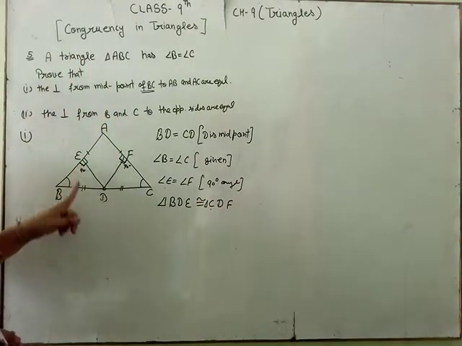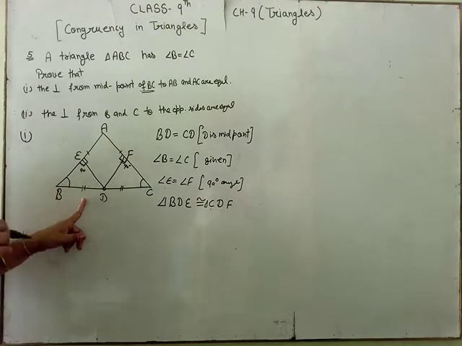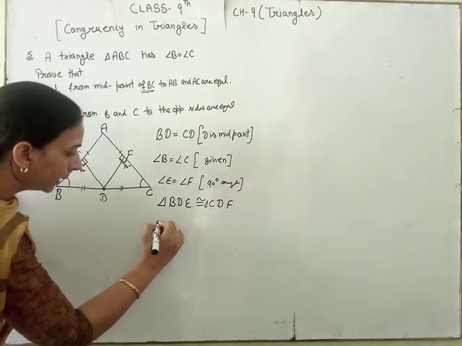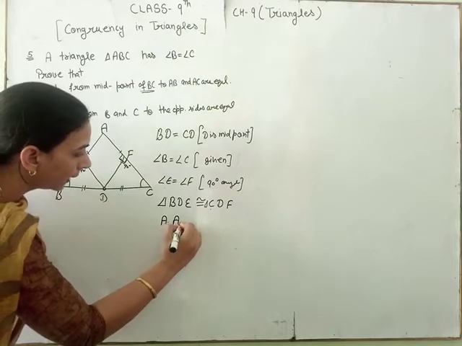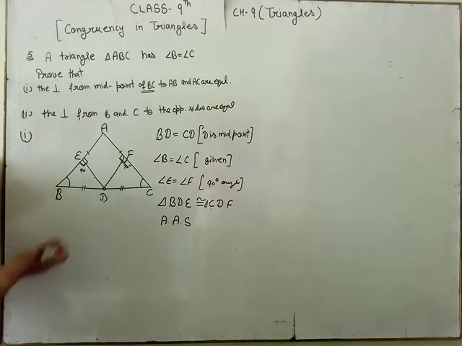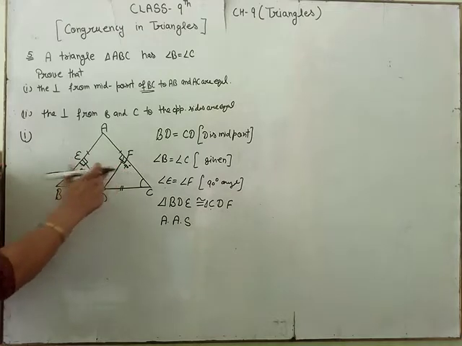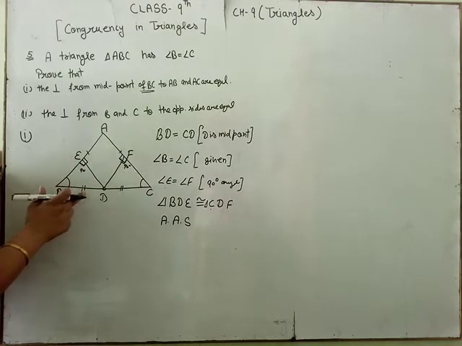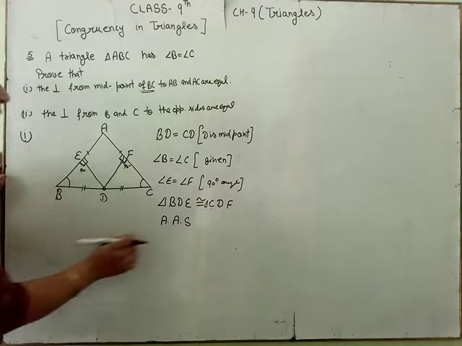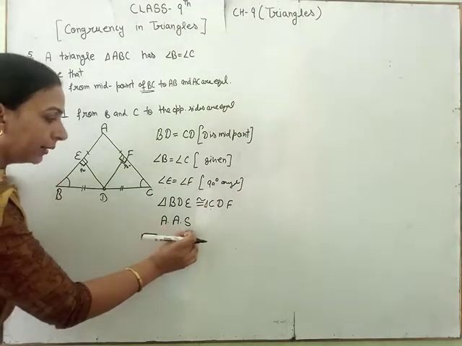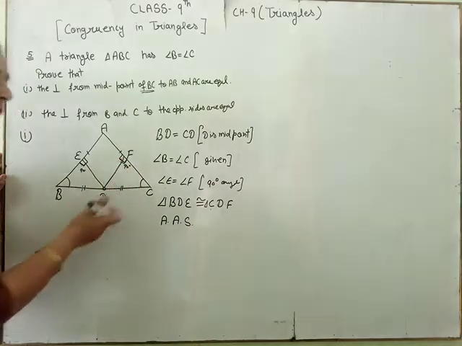Two angles and one side, but this is not the included side. So this is by which condition? Angle-angle-side. Okay, and also we take the 90-degree angle. Then this is the hypotenuse. This is equal to the hypotenuse, but there is no other side. There is an angle. So we write these two angles and one side of one triangle equal to the other.